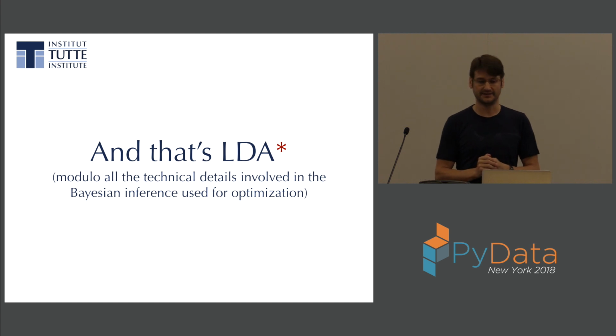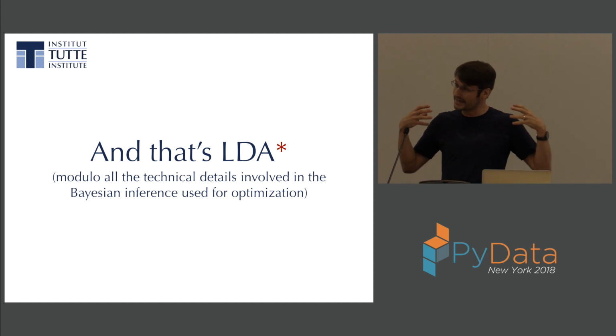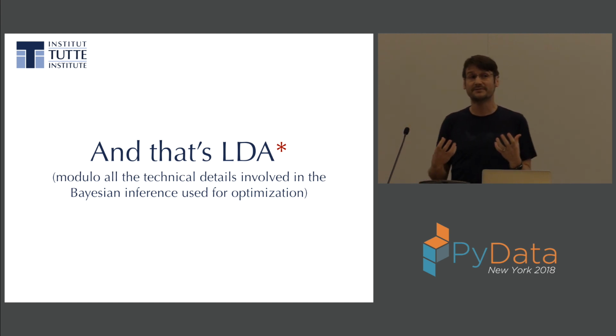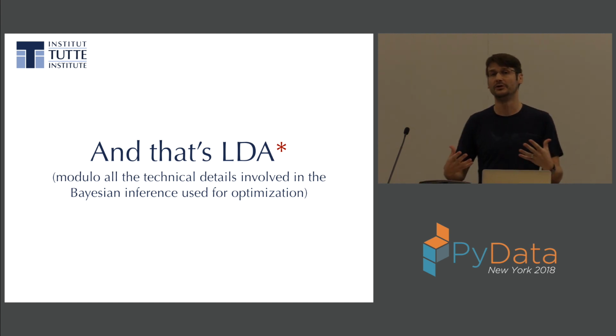That's all LDA is. Now, there's a lot of details I've carefully swept under the rug, but this is all you need to do to understand basically the mechanics of what's going on in LDA. It's a matrix factorization in a probabilistic sense where I'm just thinking of everything in terms of multinomial distributions. And that's why it works so well on